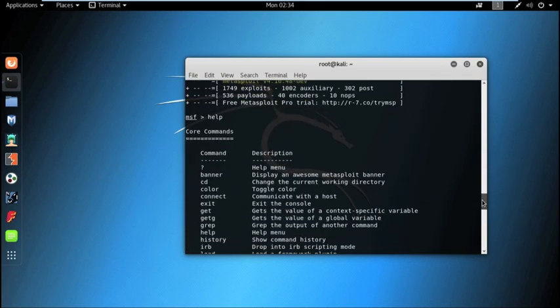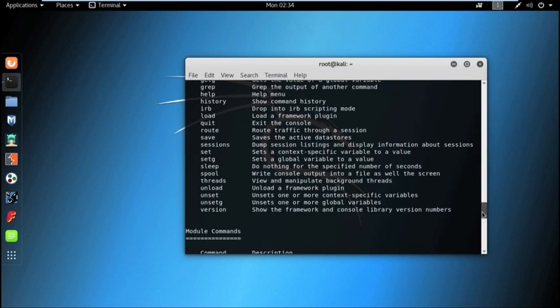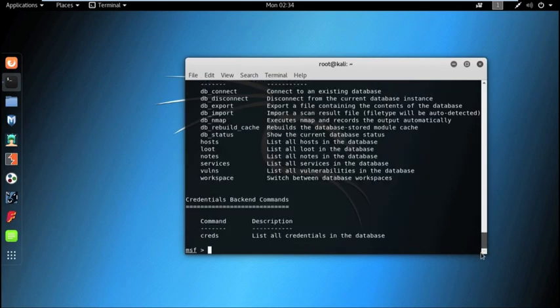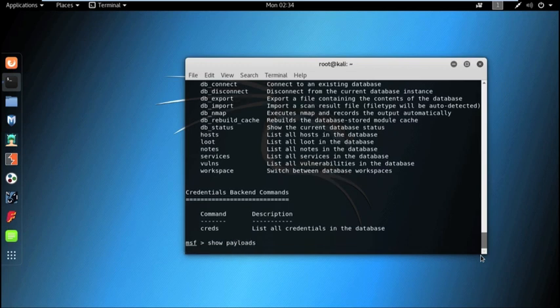See, here all the available commands are showing. To see all the payloads that are available on the Metasploit framework, we use the command show payloads. It lists all the available payloads in alphabetical order.